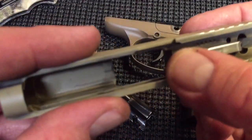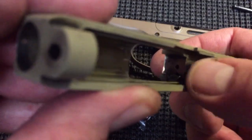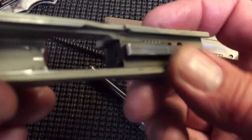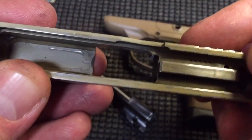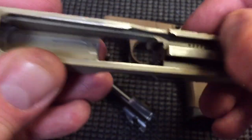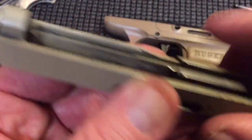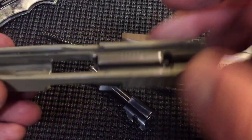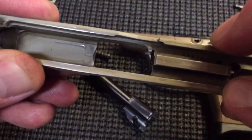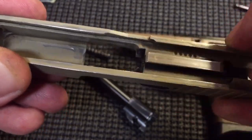They also had this portion here, which rides above the cartridges and strips a cartridge off each time it comes through, and it was also very rough with the Cerakote. Once it actually roughened up, it just dragged over. It gave a lot of extra resistance. So I cleaned off the Cerakote from the top of here, just sanded it down to the point where it was nice and smooth, took it all the way off of this part here,